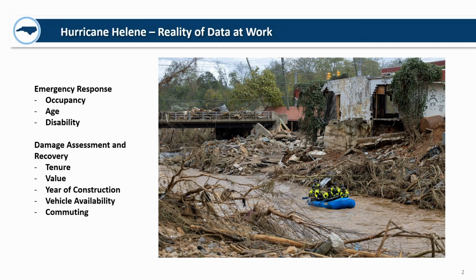So we had a great, although unfortunate, example of the importance of good, reliable census data at small levels with Hurricane Helene assessment, damage assessment, and recovery. Being able to get good information at small geographic levels about the nature of our communities is important in emergency situations. And y'all are the linchpins of providing that local information. BAS is a part of it. BAS happens every year. And there are other operations that will allow you to verify information within your corporate boundaries, but all of that is built upon making sure that the Census Bureau has the right corporate boundaries for your area. And that's what BAS does.